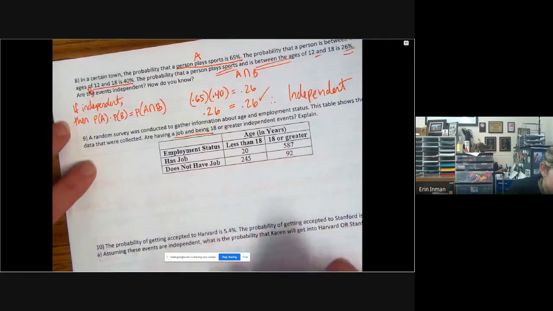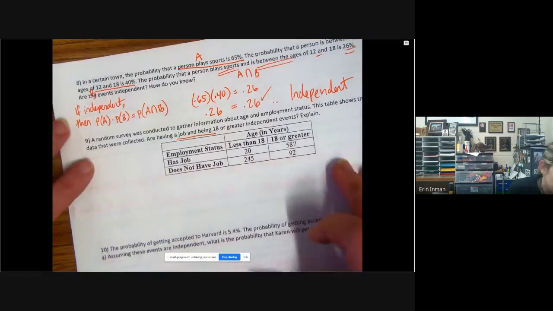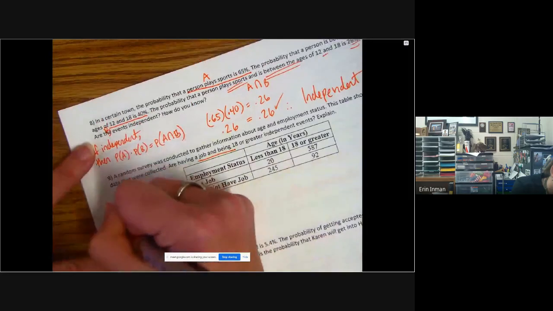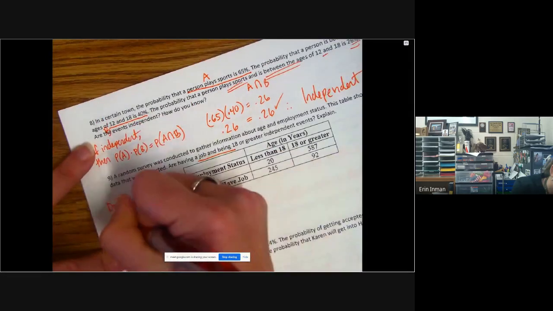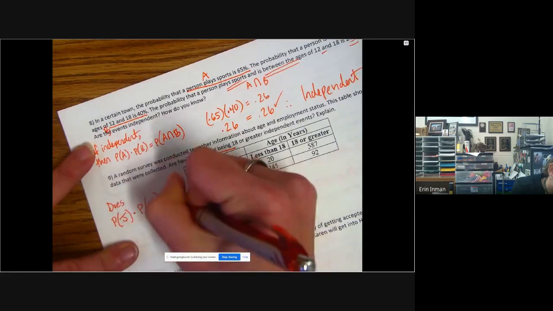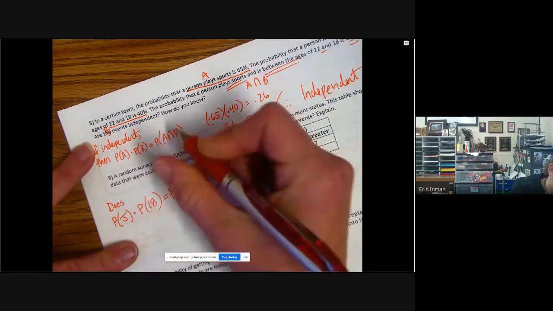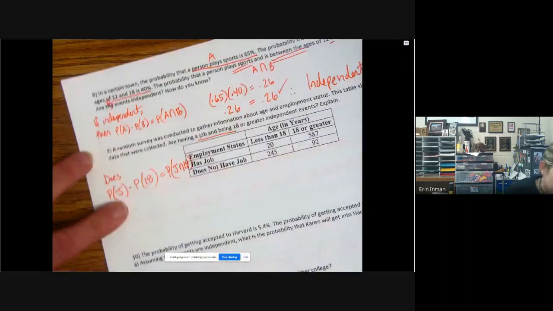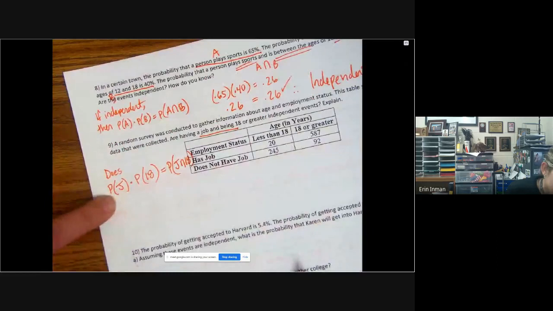So probability of having a job and then probability of being 18. We really need to check, does the probability of having a job times the probability of being 18 equal the probability of doing both, which is the job and 18? Okay, so probability of having a job,